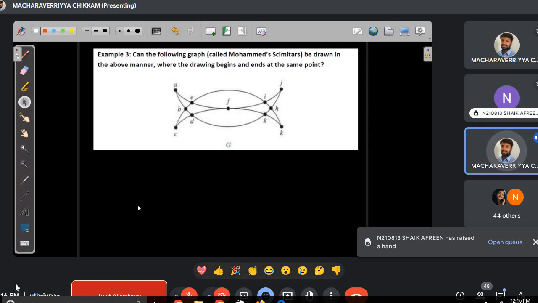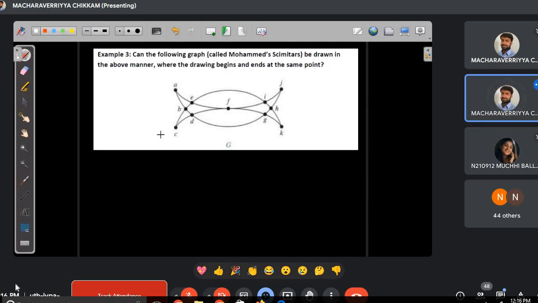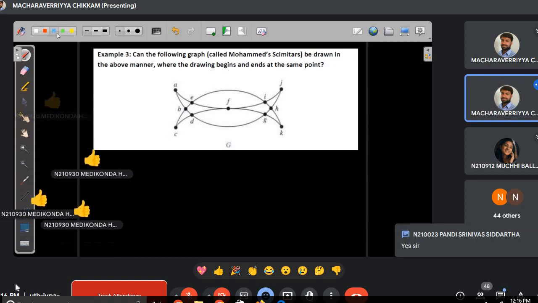So does this graph have an Euler circuit? So let's see the degree sequence of this graph. What is a degree sequence? I hope you can see that